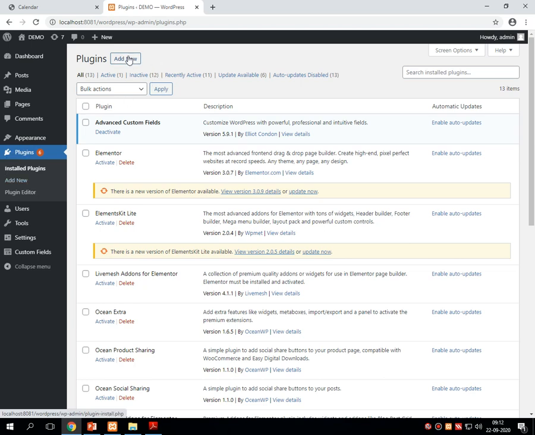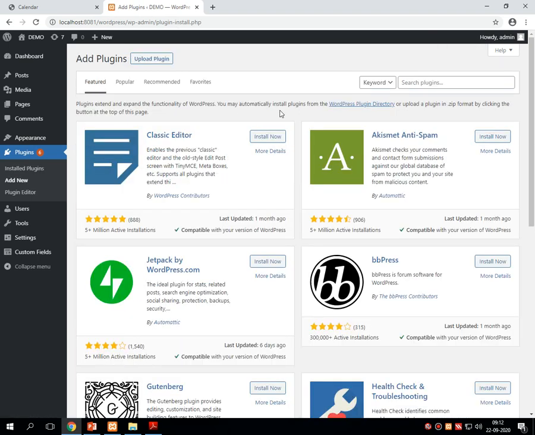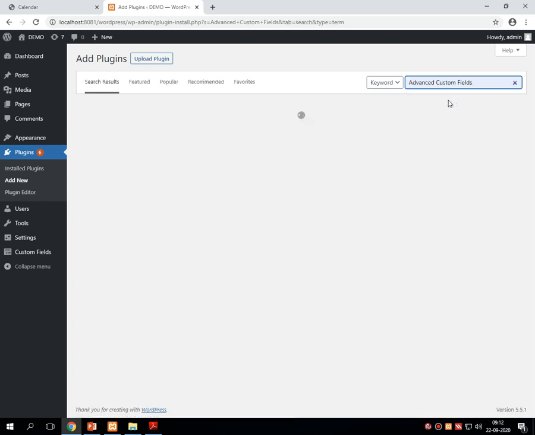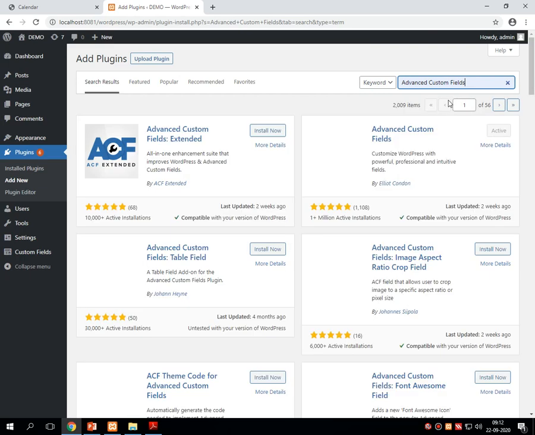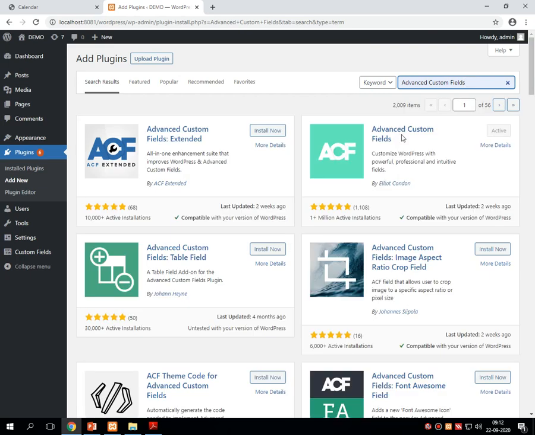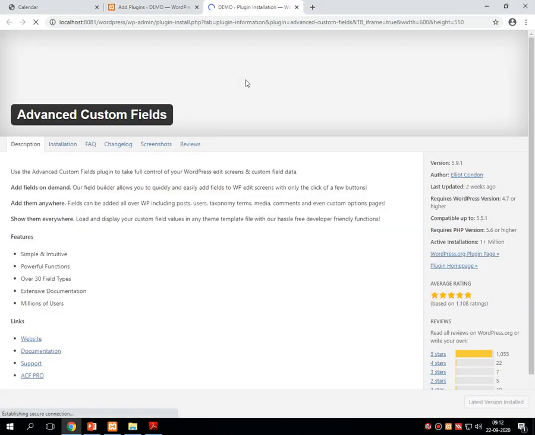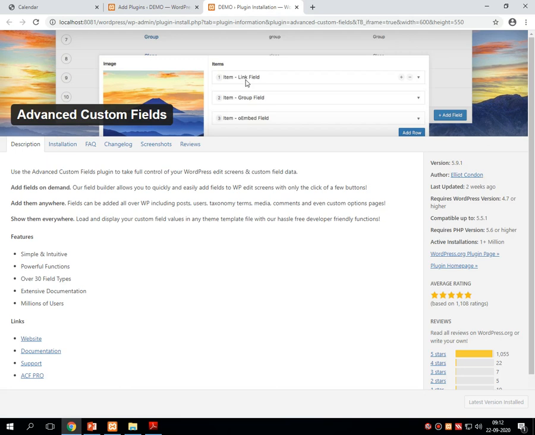It might be possible that you have forgotten how to install a plugin. So just go into plugins, press add new, search for advanced custom field. If your internet is connected, you will get advanced custom field over here by Elliot Condon. This plugin we require. So let's first see the details section of this advanced custom field, which demonstrates what the purpose of advanced custom field is. Theory we can see in this particular section.